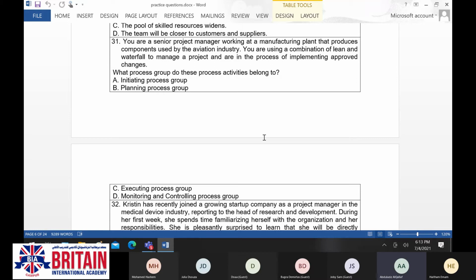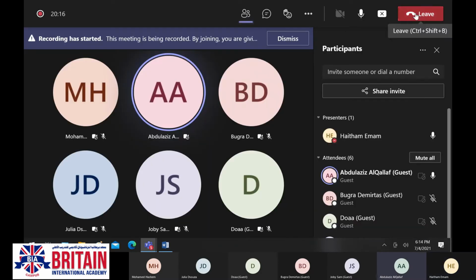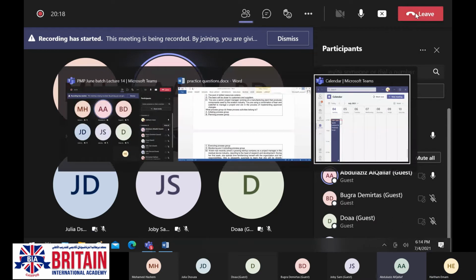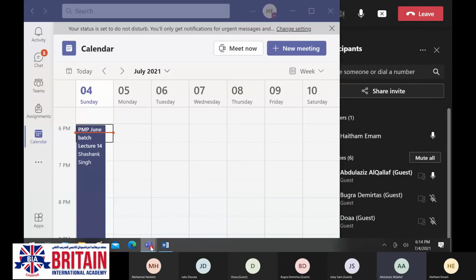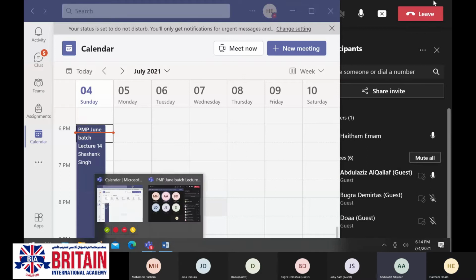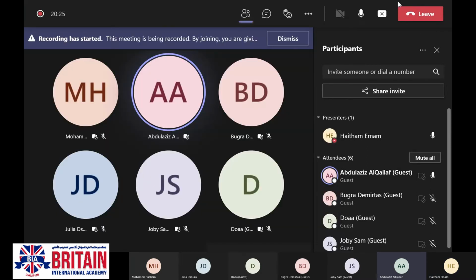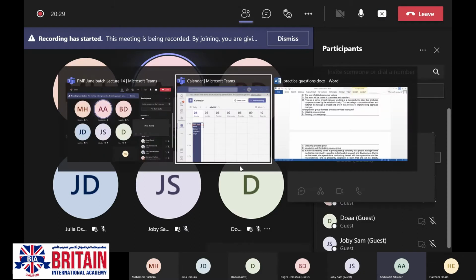So the correct answer is C. Yes, because we are implementing approved changes. After the change request is approved, we want to implement it. If we want to implement any change request that is approved by the owners or management, we are in the executing stage. We implement this change request in the executing stage.